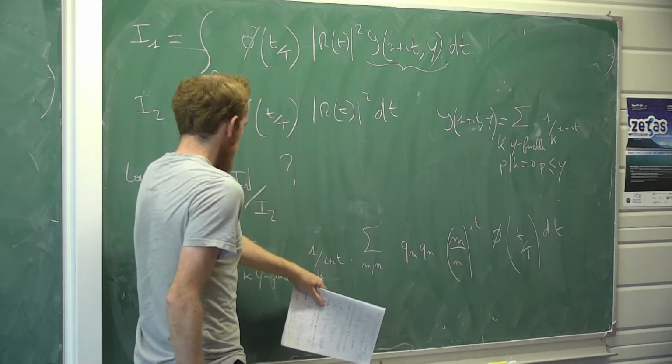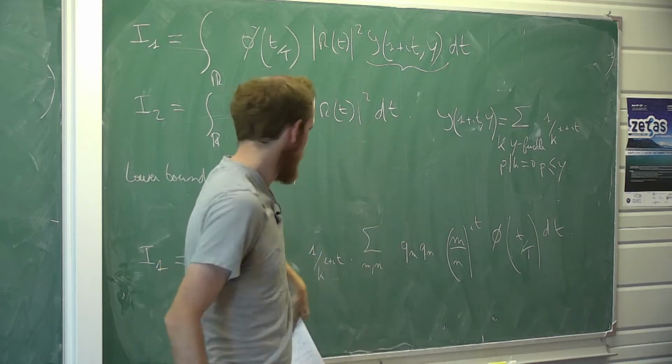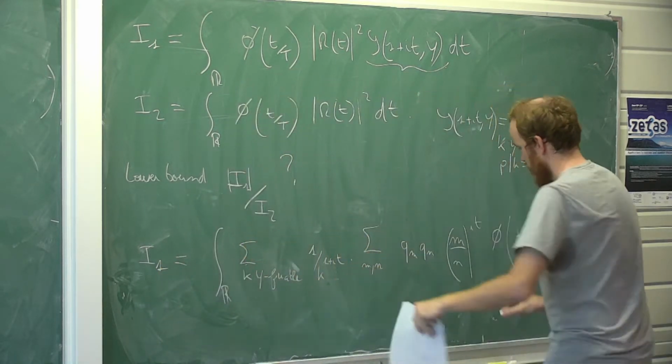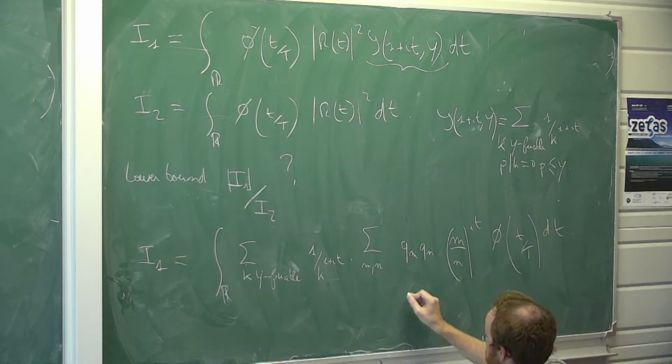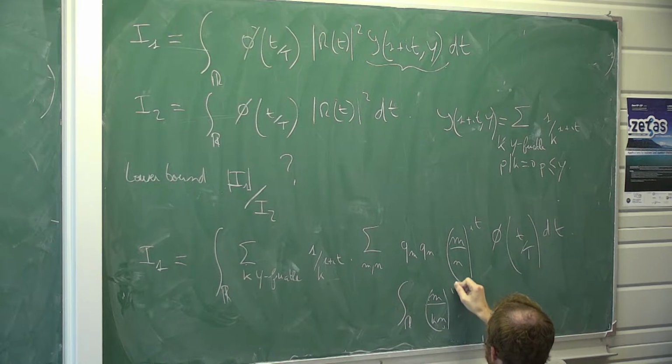And as before, you want to extract some frequencies to get a good understanding of this integral. So here, what appears in the integral part can be rewritten as (m over kn) to the it,